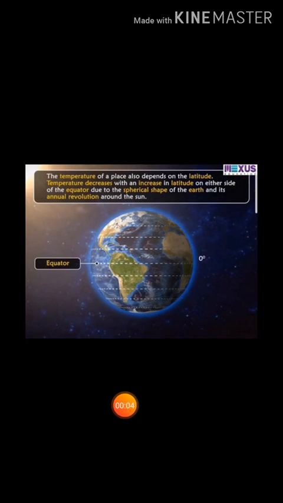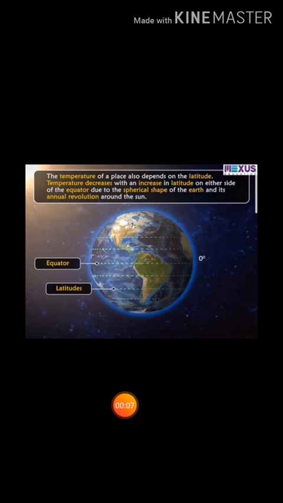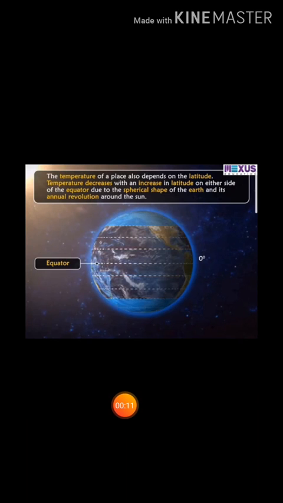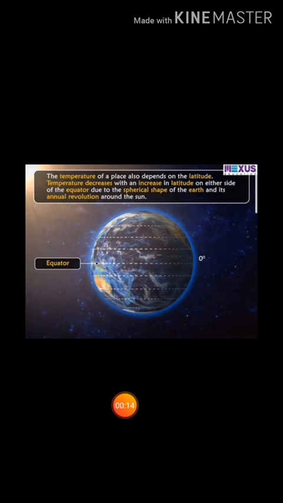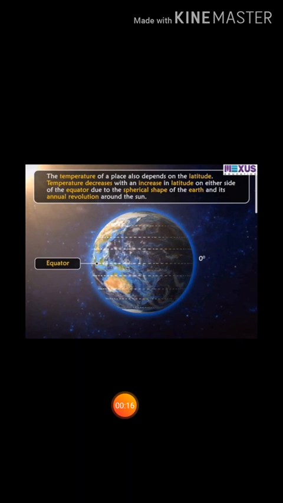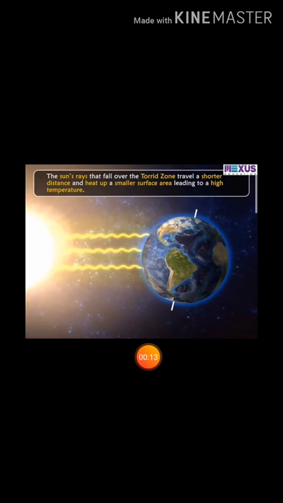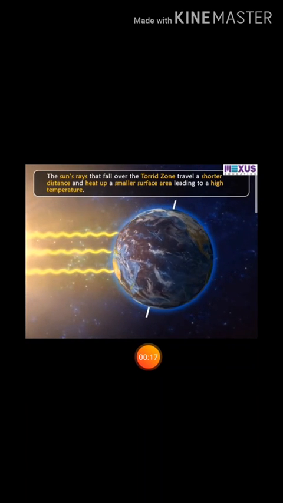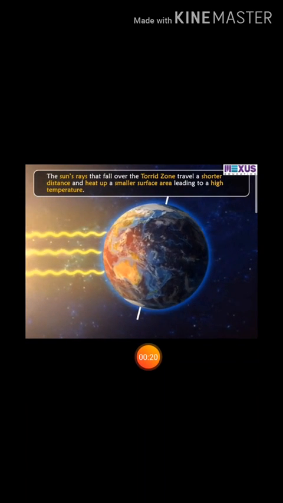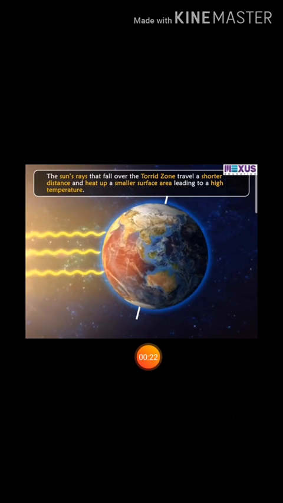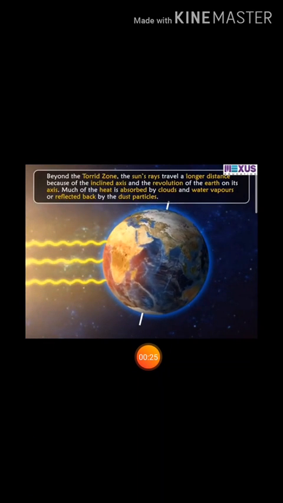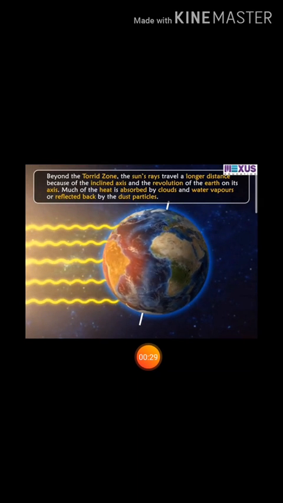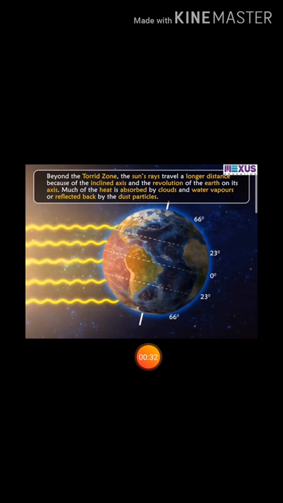Students, the temperature of a place depends on the latitude. The temperature decreases with an increase in latitude on either side of the equator due to the spherical shape of the earth. The sun's rays that fall over the torrid zone travel a shorter distance and heat up a smaller surface area, leading to a high temperature. Because the equator and the places near the equator receive the vertical rays of the sun,